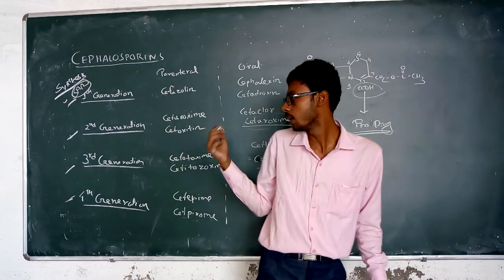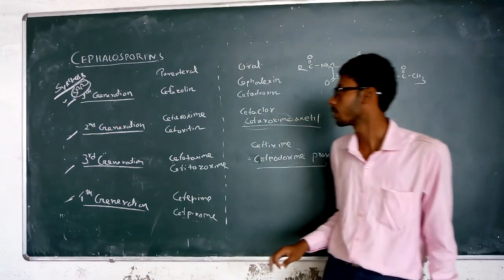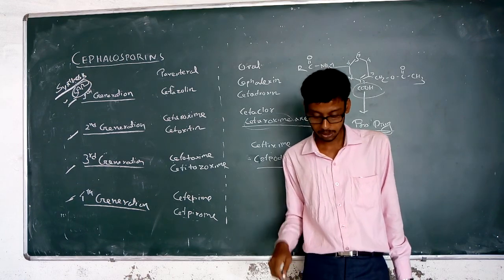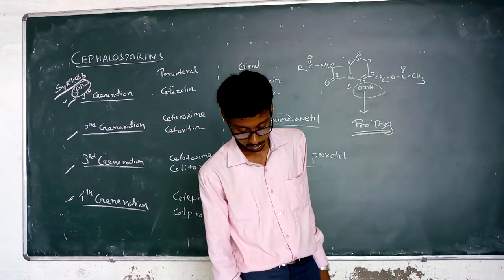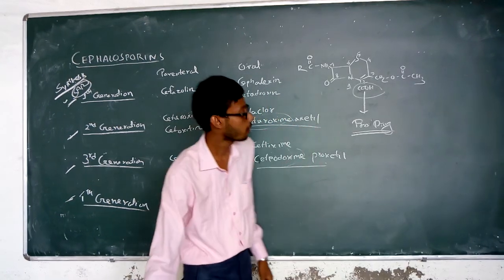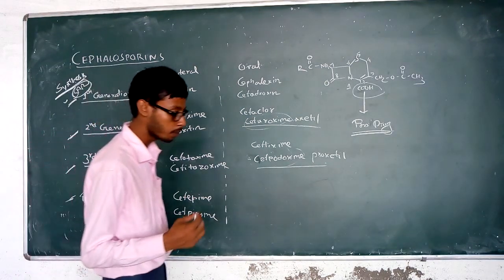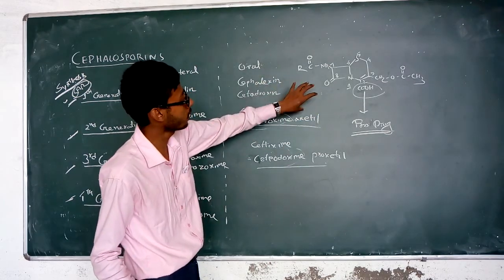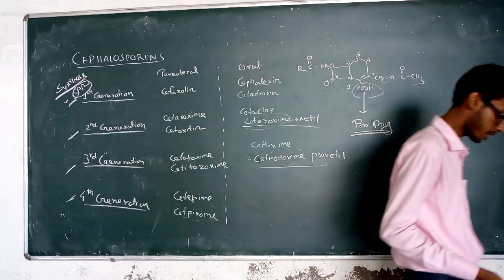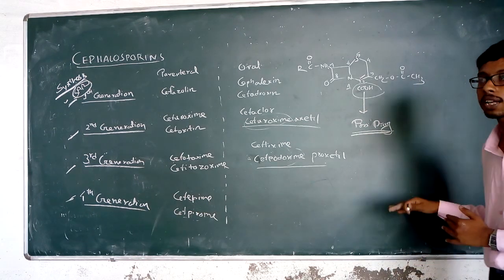Here you can see the third generation drug, which is beta lactamase resistant. So now going to the important part of medchem, that is the structure activity relationship of the cephalosporin. Here you can see there are some positions where we can alter the structure of the cephalosporin. The structure has a side chain, and the main nucleus is known as the pharmacophore.